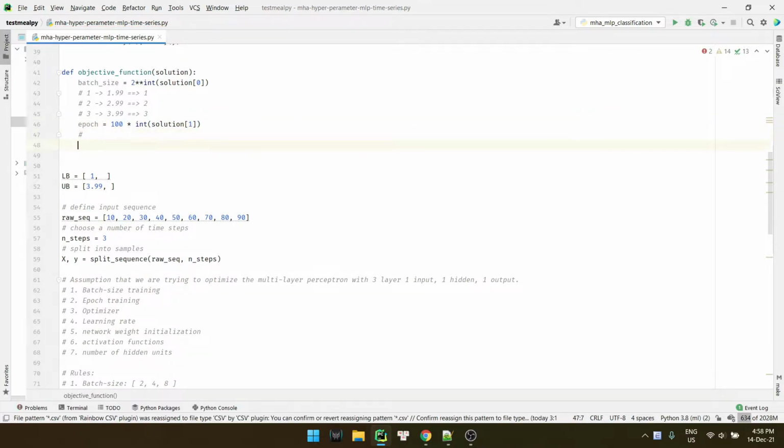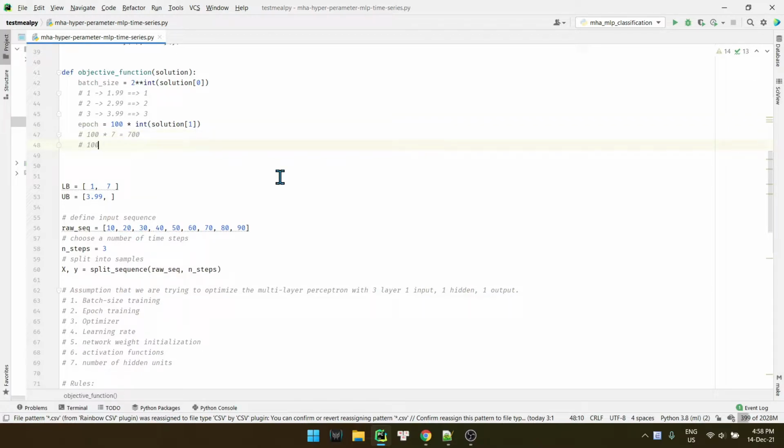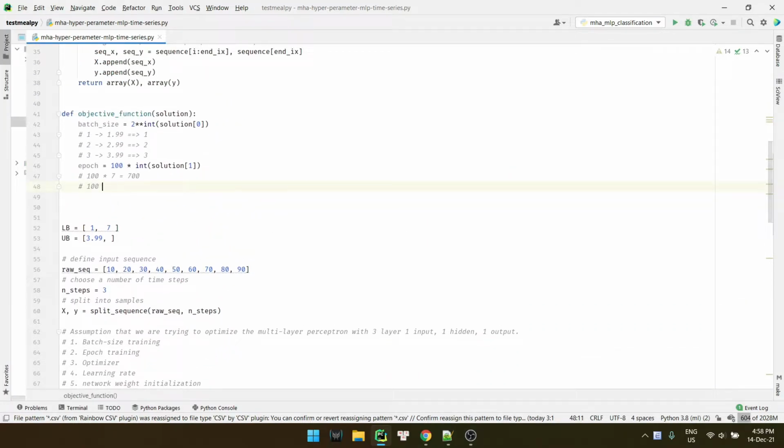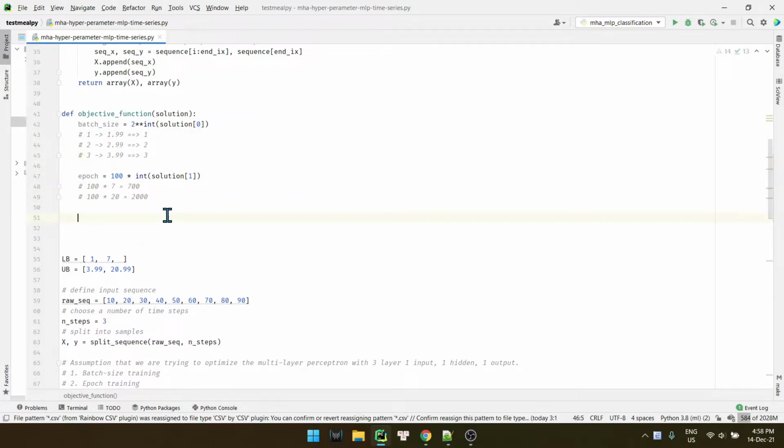So the lower bound for epoch should be what? 7, right? Because 100 minus 7 equal to 7, and the max value should be 2000, so the upper bound should be 20.99, right? You understand that? It is the same as above. Okay, done with epoch.